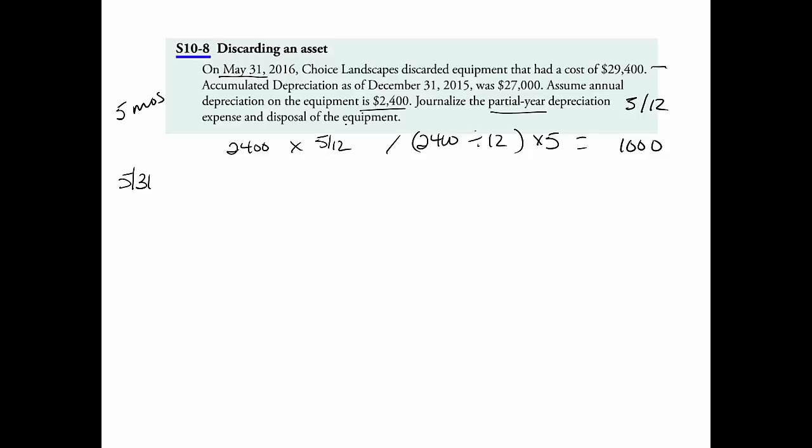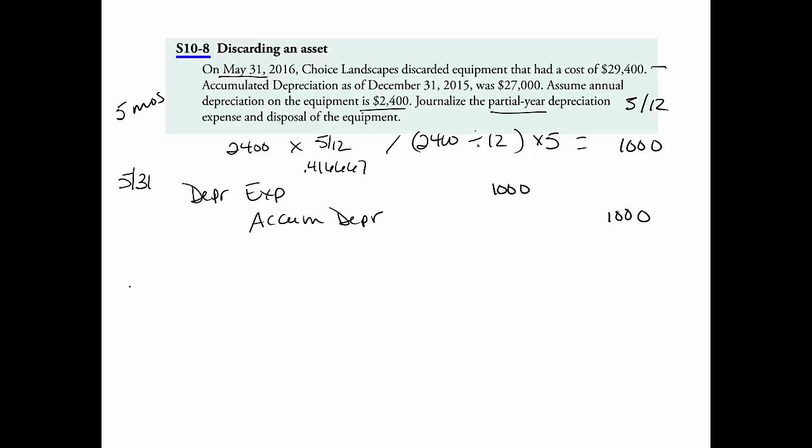Sorry, if you did 5/12, you get 0.416667. As long as you leave that in the calculator and take that times 2,400, you'll get 1,000. So I will update the depreciation. I will debit depreciation expense, credit accumulated depreciation for 1,000,